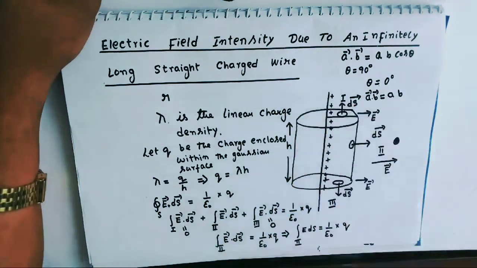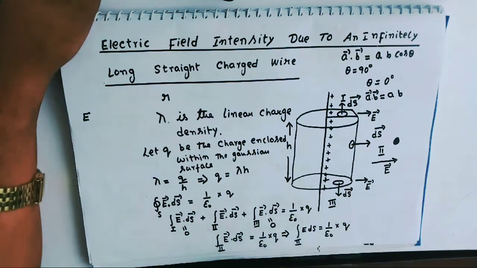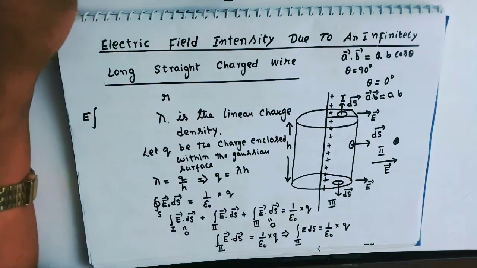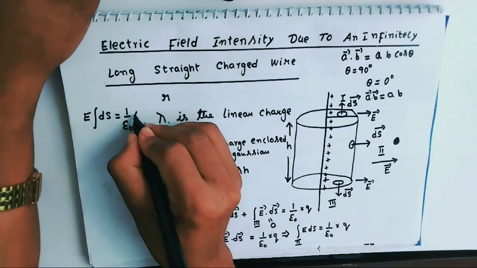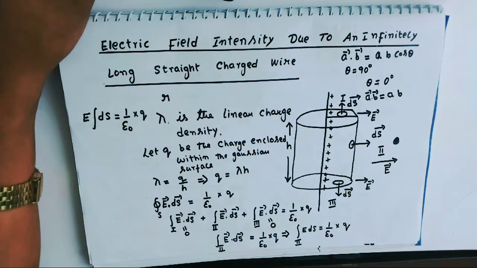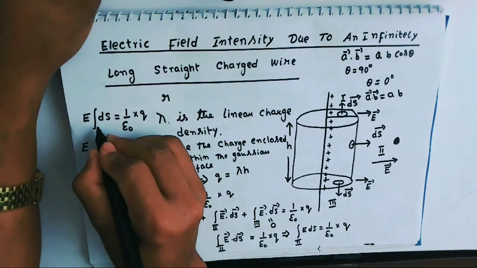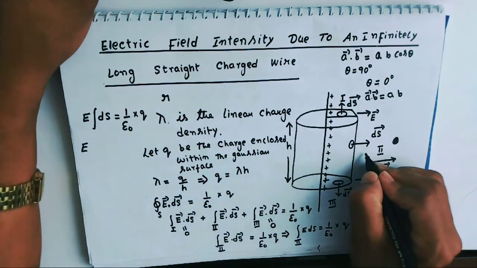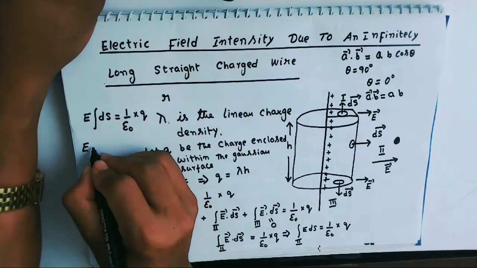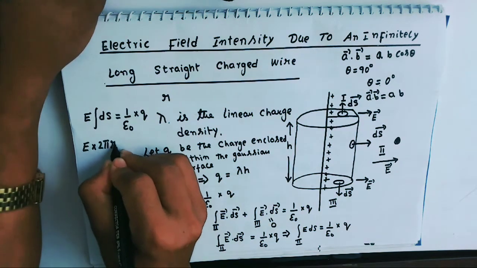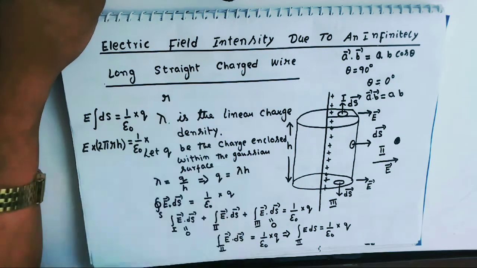Since the charge is uniformly distributed, this electric field we can take out of the integration sign, and then we will remain with integral of ds. This is 1 by epsilon naught times q, and this equation can be rewritten as E times the integration of ds in region 2, which is nothing but the curved surface area of a cylinder. The curved surface area of a cylinder is equal to 2 pi r h. So this is equal to 1 by epsilon naught times